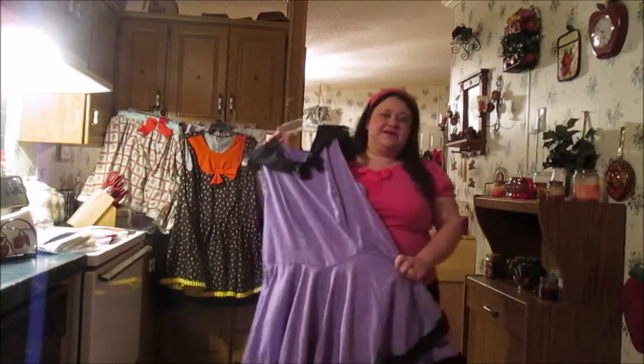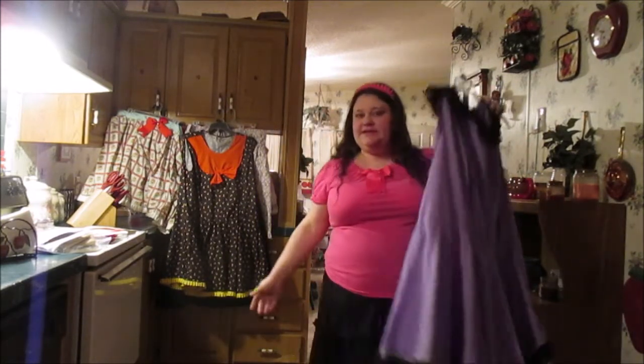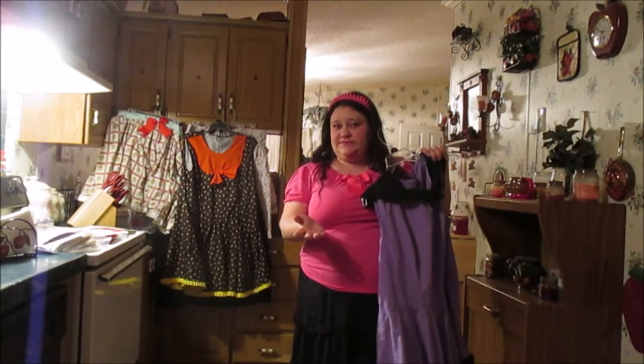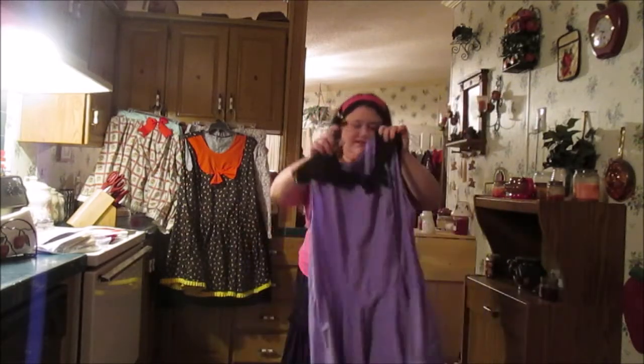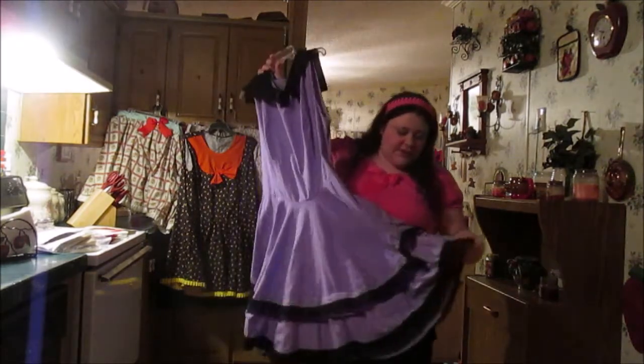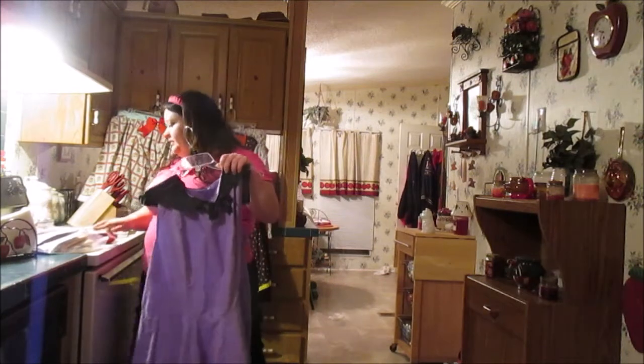And it looked really pretty on paper, but unfortunately when you try to translate something from paper to reality, sometimes it turns out well. I love my Bill Cipher ball gown costume. And sometimes it doesn't so much. And this one was because I didn't really know what to do with the bottom. So I actually did one using, like I said before,